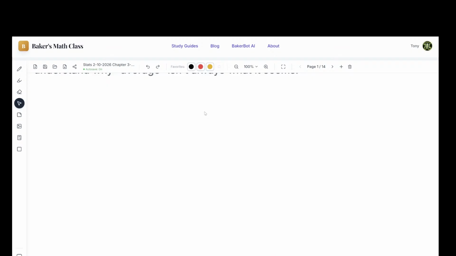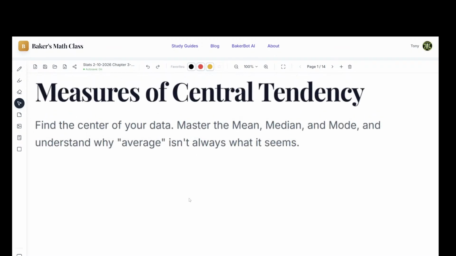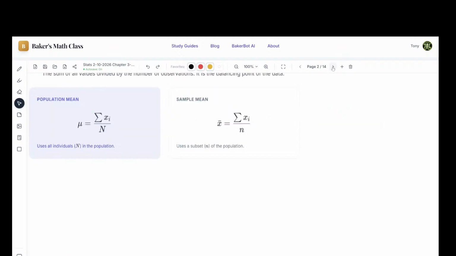What are the measures of central tendency? Anybody know? Mean is one. What's another name for mean? Average. Very good. You've probably done average a lot before, so that's nothing crazy. What are the other ones? Median. And what's the last one? It's another M. Mode. Very good. All right, so mean, median, and mode. That's what we're going to look at to start with. So let's start off with mean, sorry, not median.